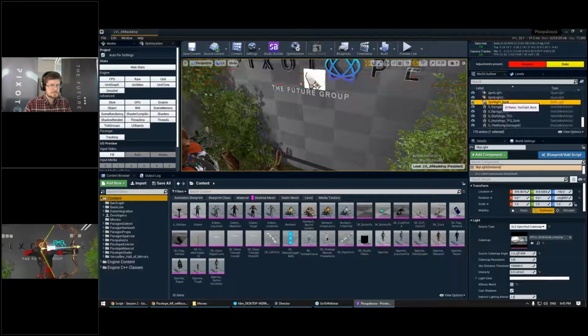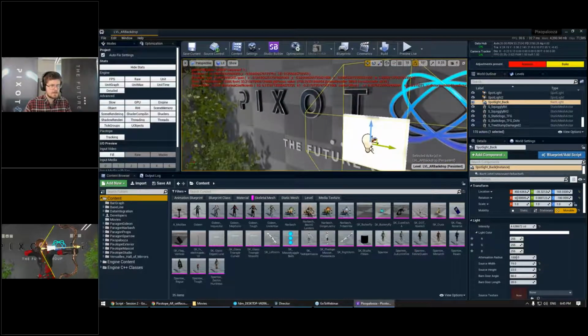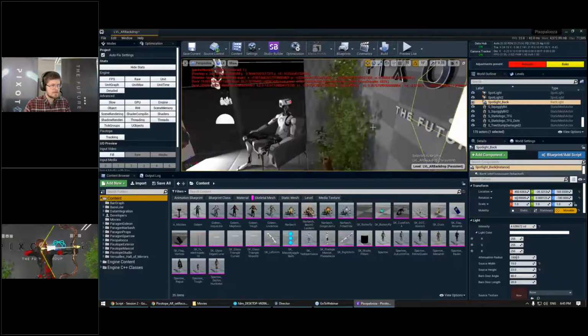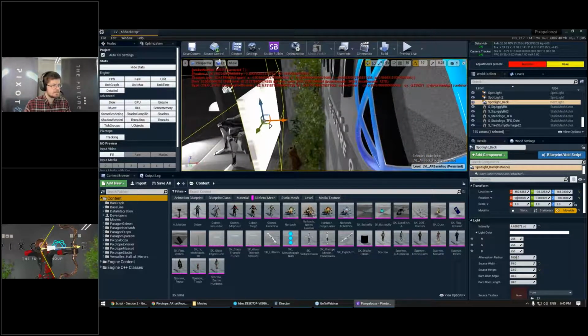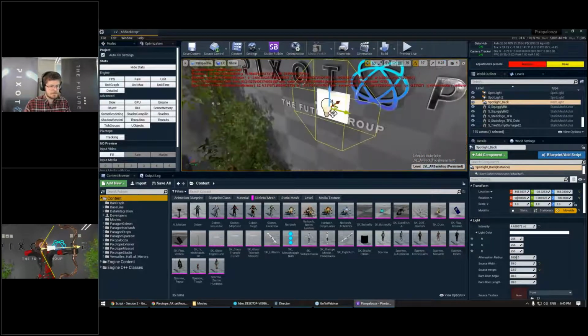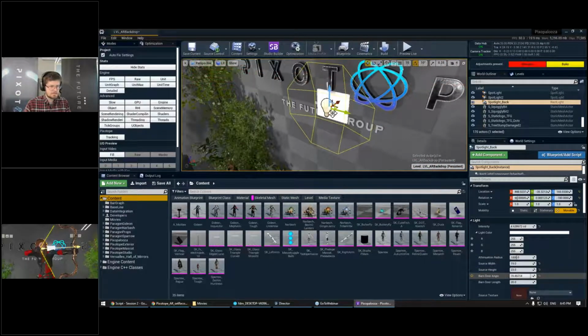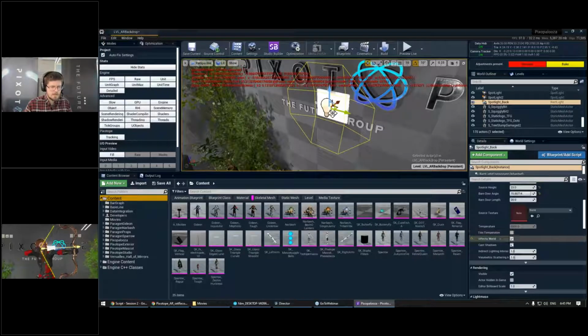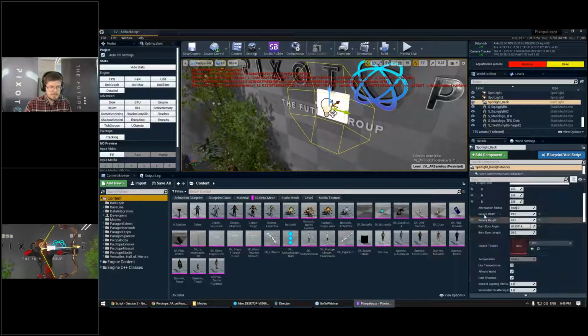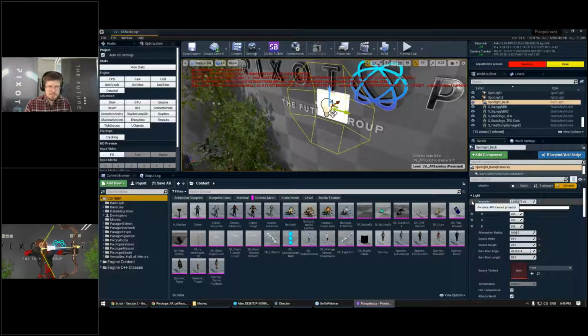So we're going to select the spotlight at the back here, and we are going to just go ahead and take down this corner angle a little bit. There we go. We are going to go ahead and expose the light intensity parameter just by clicking this little checkbox next to